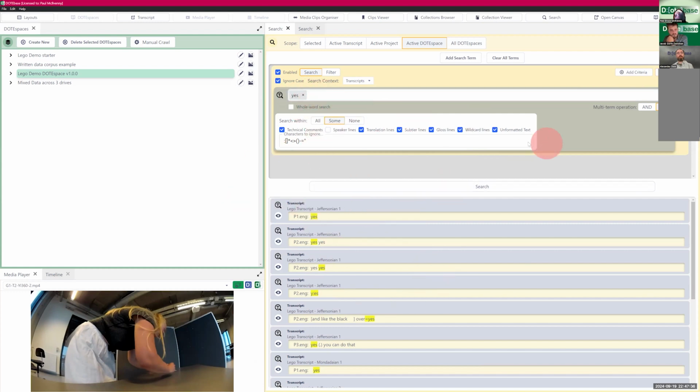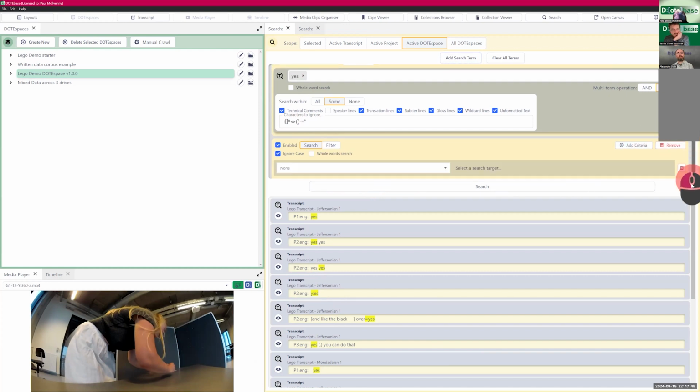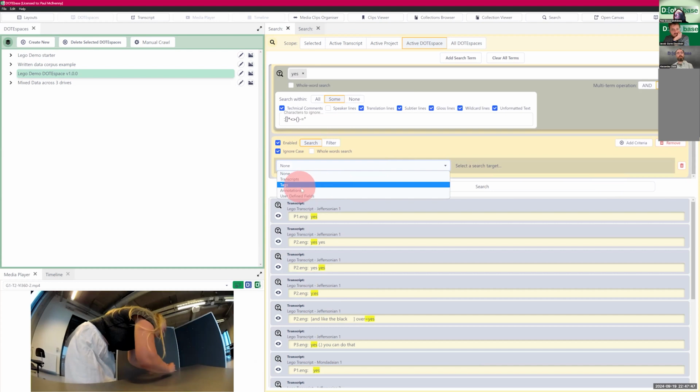And you can search across not only transcript. If I add a new search term, you can see, just to show it there, I can search for tags and annotations and user-defined fields. So I can search for something in a transcript and then search for a tag in the clip that might occur. So a lot of possibilities with search, but I think we're going to have to finish there to leave roughly